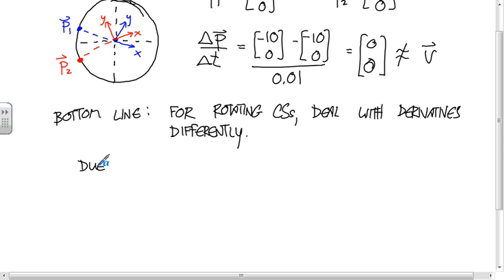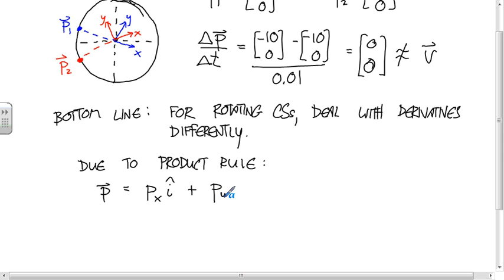So due to the product rule, say that you have your position vector equal to your x component of the position times the unit vector i, plus your y component of the position times your unit vector j. And so p dot, which is your velocity,